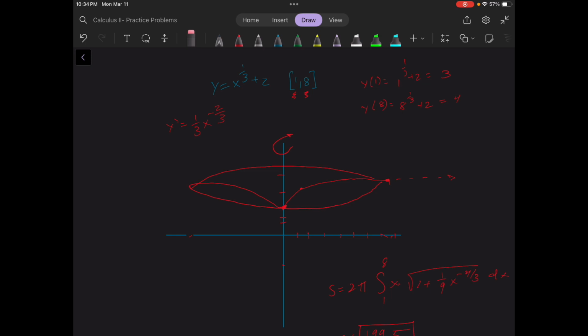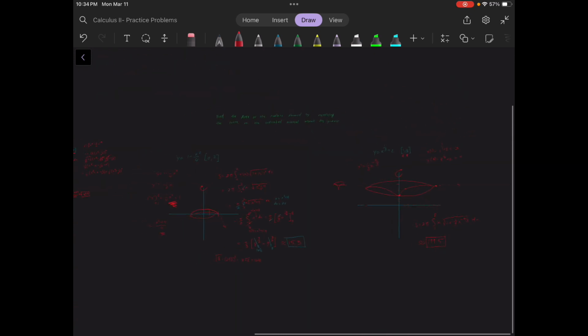Oh, that was like a kind of hypothetical. What would happen to the side walls if this were to become a 3D shape, but it's not? It's kind of like this, if you looked at it from the side view, it's kind of like that, right? So that is what we just found the surface area from, not the cylinder. So I just wanted to clear that up. But yeah, that is how you do arc length and